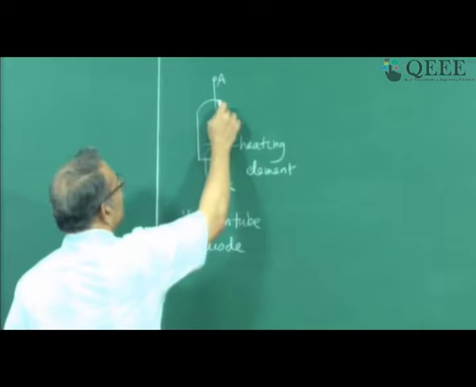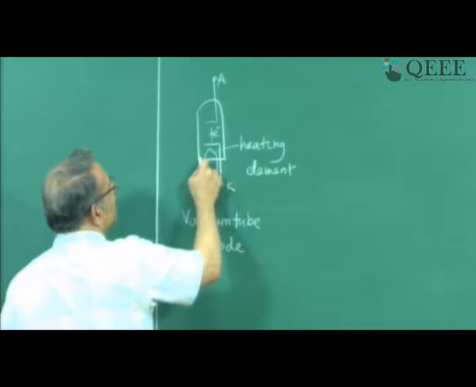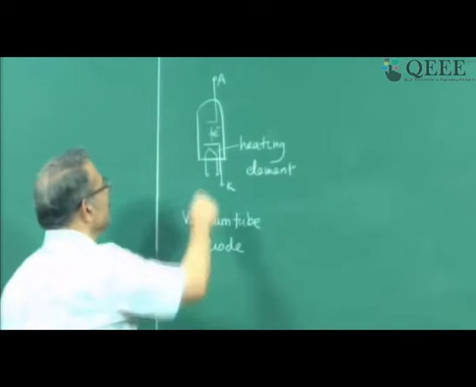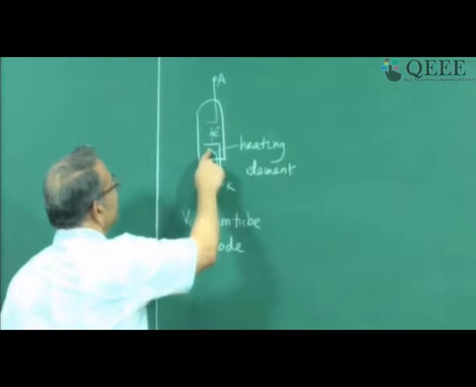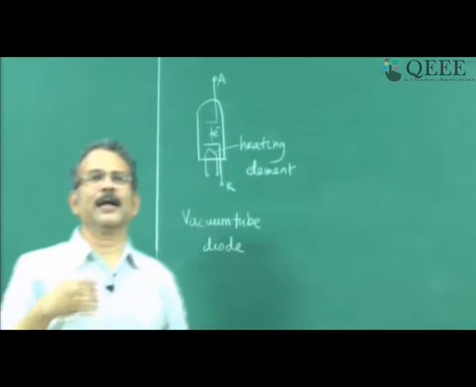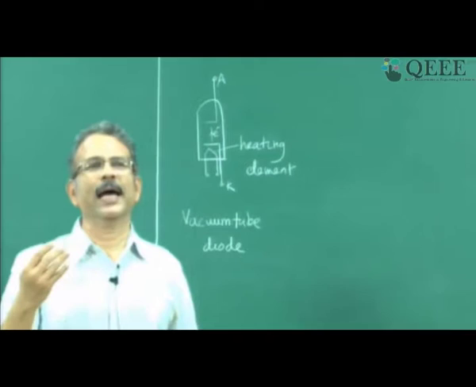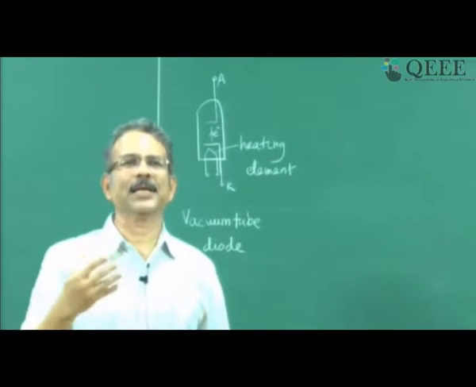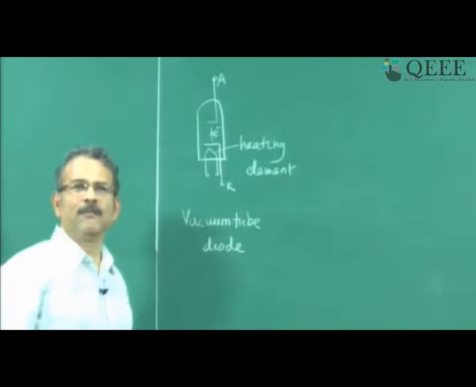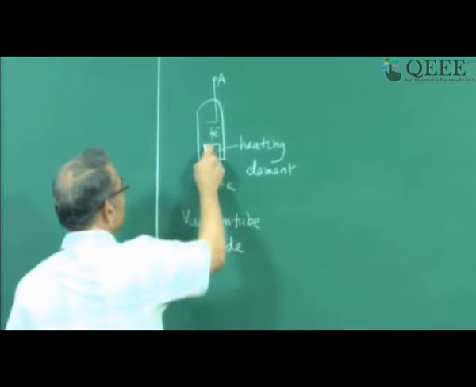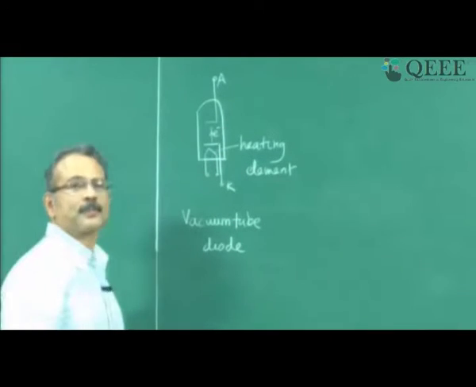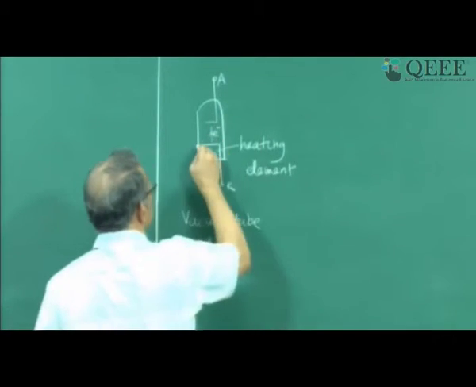This is like an incandescent lamp bulb. Inside you will have vacuum. Why do you need vacuum inside? Because these heating elements, the plate and so on, will be heated, and at that high temperature, if they are exposed to air, there will be a reaction and the material will get oxidized and spoiled, and it will not function. That is why they had to be arranged in a vacuum tube. So this is a vacuum tube.